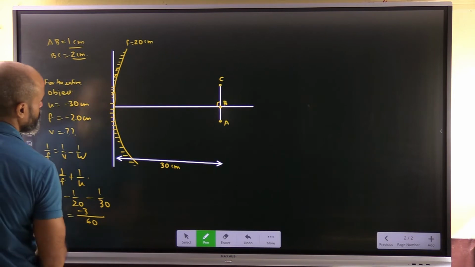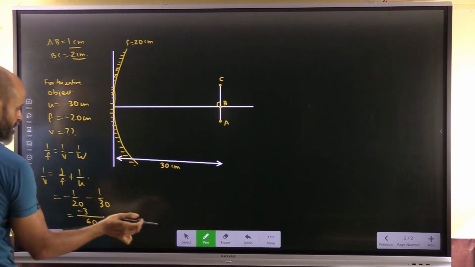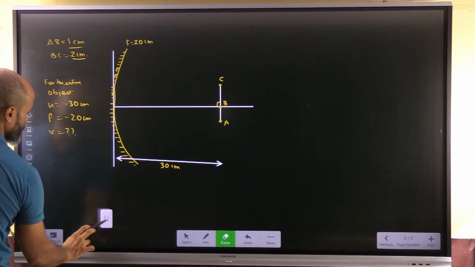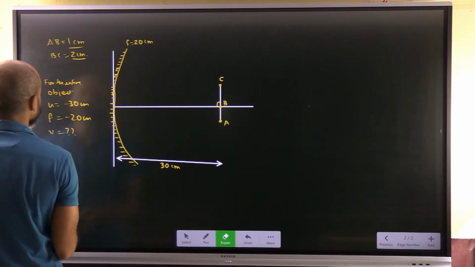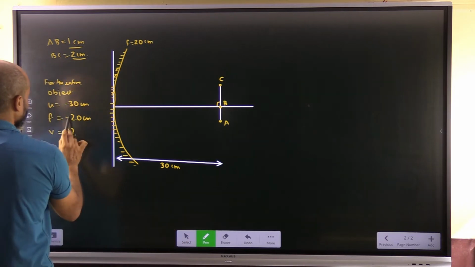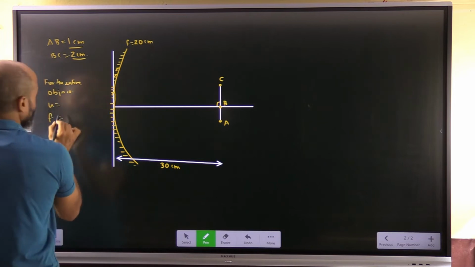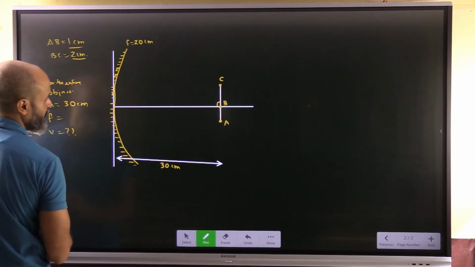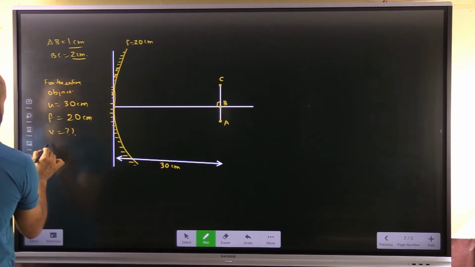Okay, so we are taking this in this way. So if I say the Cartesian system, we are taking it the wrong way. Okay, if we consider the Cartesian system, since all are on the right hand side, this is basically the axis. So focal length here will be considered as positive, obviously. Okay, so u will become 30 centimeter positive, f will become 20 centimeter positive. So we have to find out the value of v.